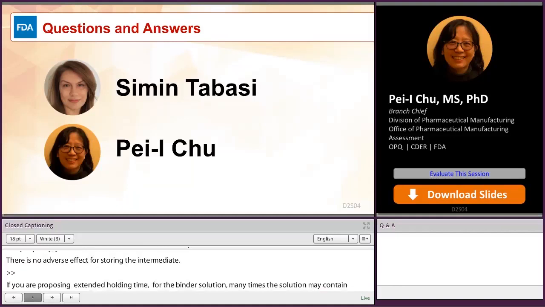Well, if you're proposing an extended hold time for the binder solution, and many times the solution may contain sugars or some carbohydrates, which is